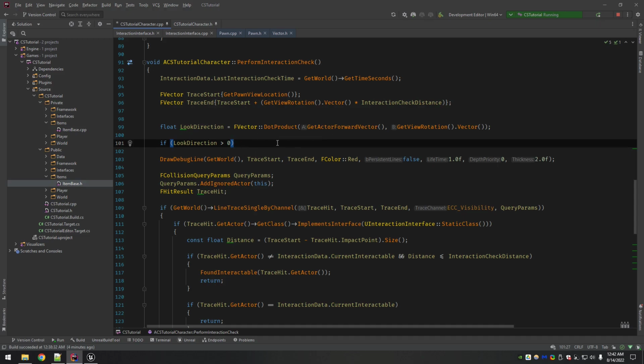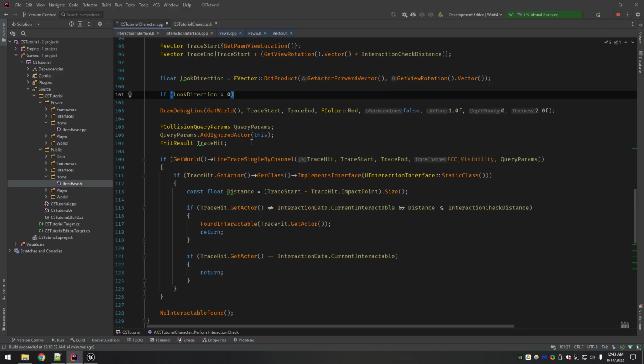Anything positive means that they are pointing in the same direction, and negative would be they're pointing in opposite directions. It goes all the way from 0 to -1, and I think from 0 to +1.